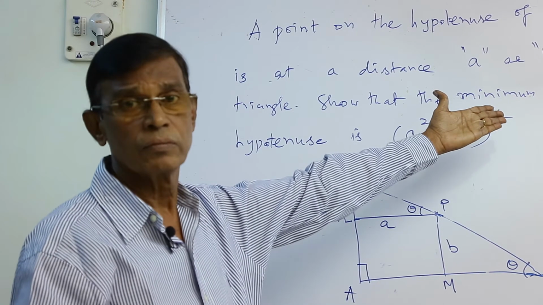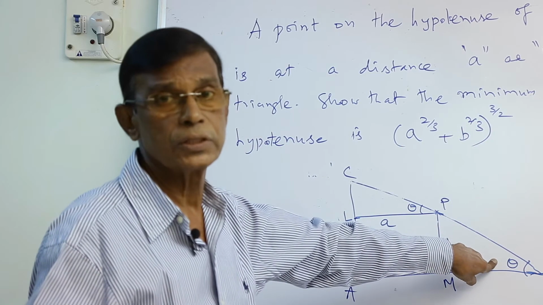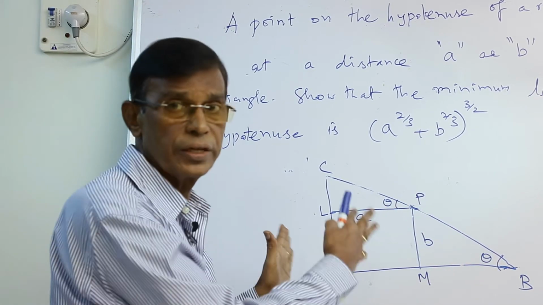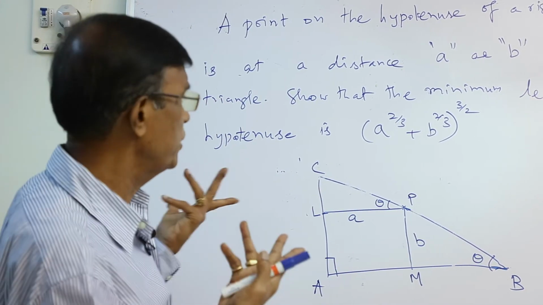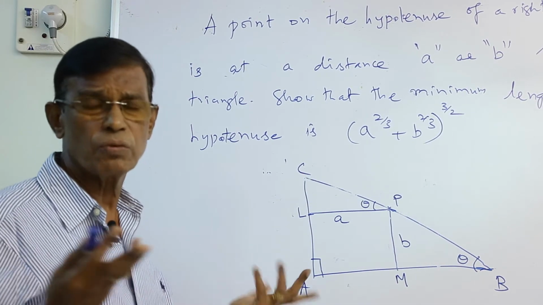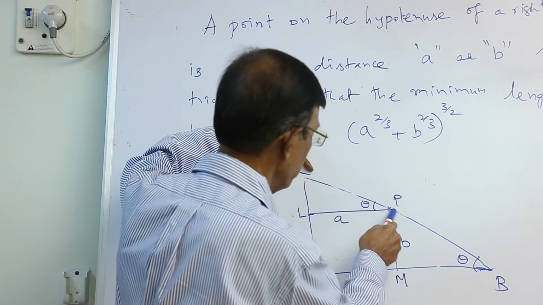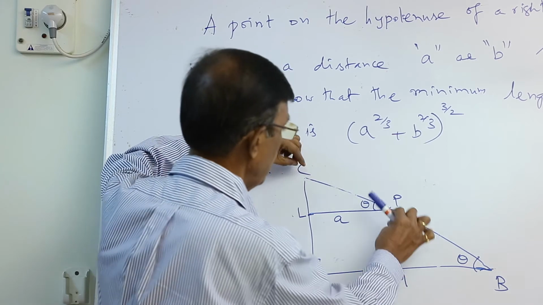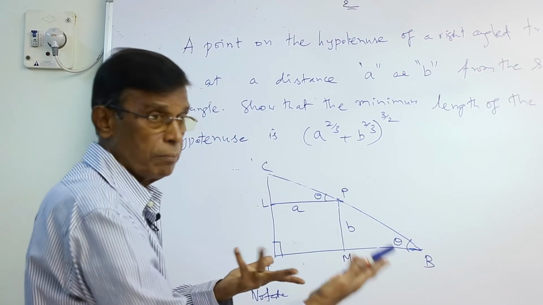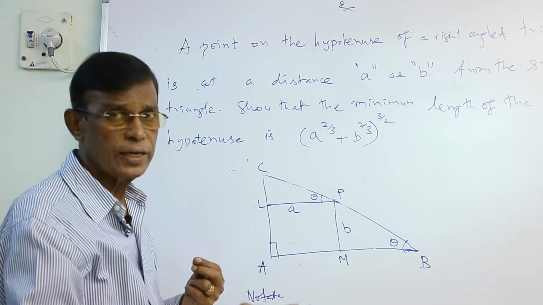Then you have to explain to them how the theta comes into play. That is where the whole crux of the problem lies. Otherwise, they will be wondering how this theta comes, why this, when A and B are constant, the length of the hypotenuse BC must be constant. They will be wondering. So then you have to explain how, even though A and B are fixed, this length of the hypotenuse can vary.